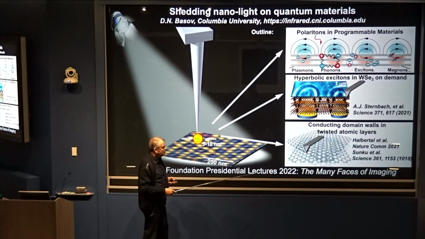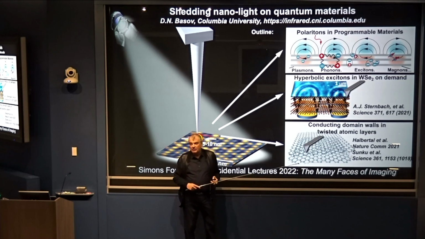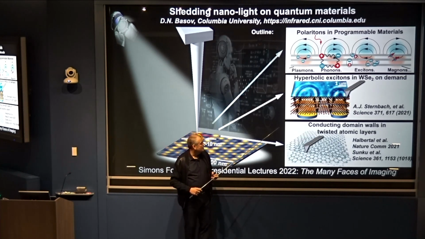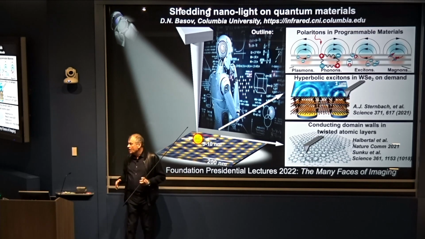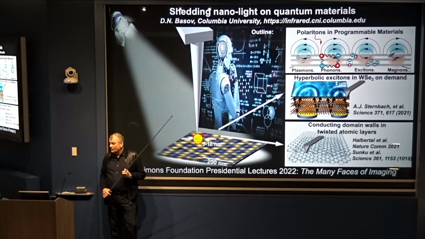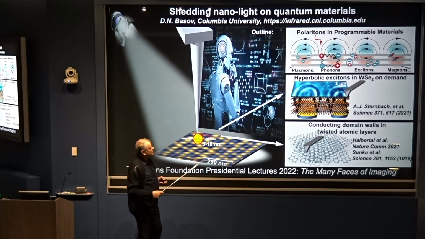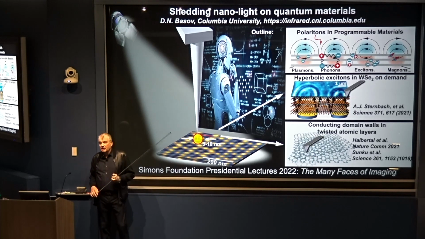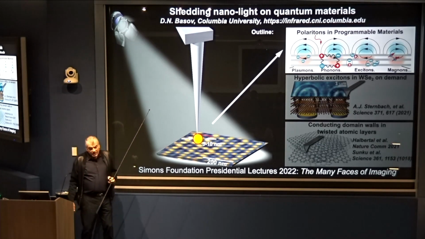I will tell you about atomically narrow domain walls and how they bounce polaritons in materials. This is the work that Dori Halbertal has contributed to. Dori is in the audience. Thank you for attending this. And if time permits, I will tell you a little bit about machine learning and how it changes everything we do in our lab now. Okay, so